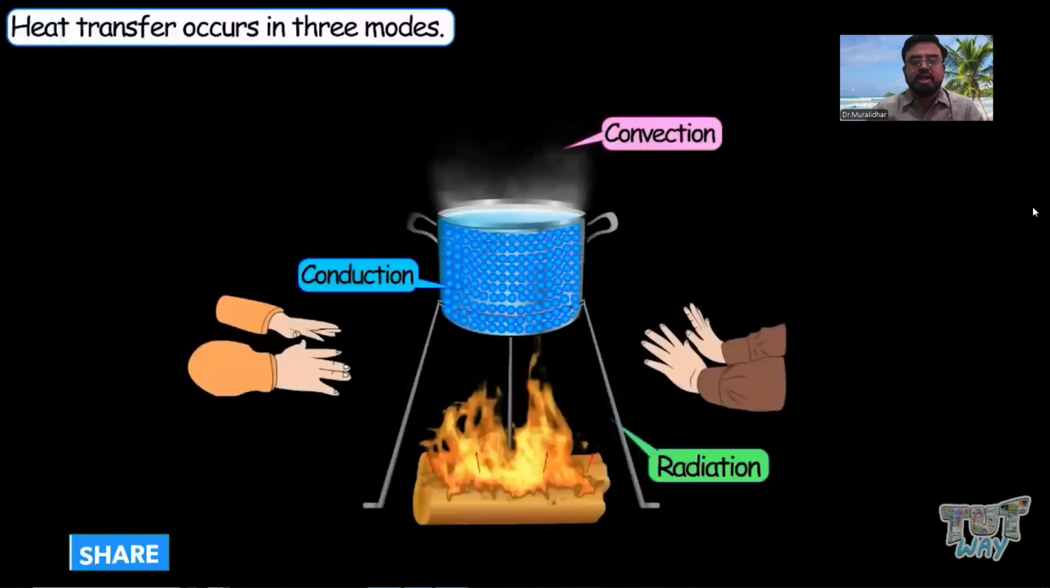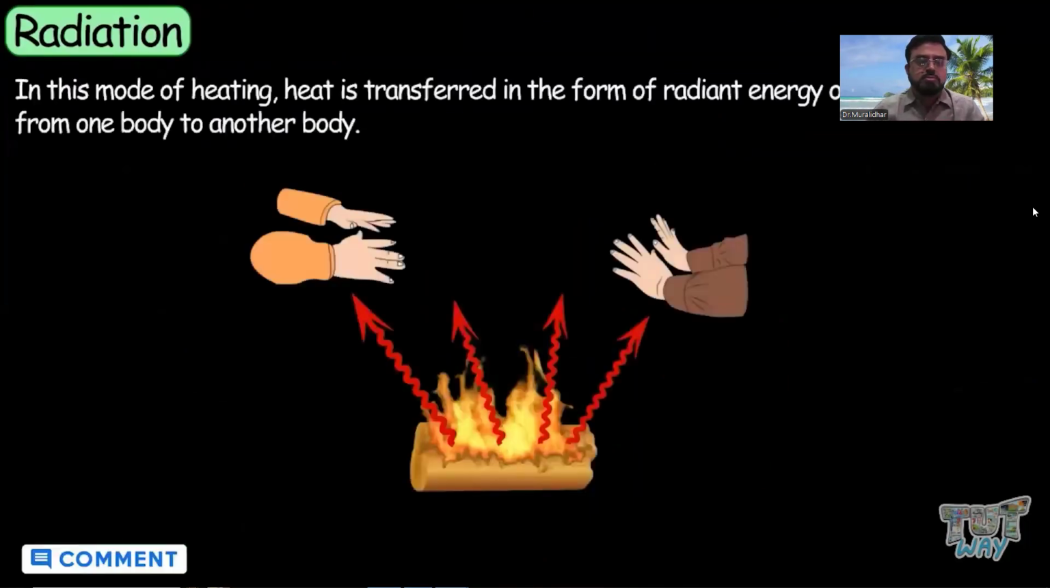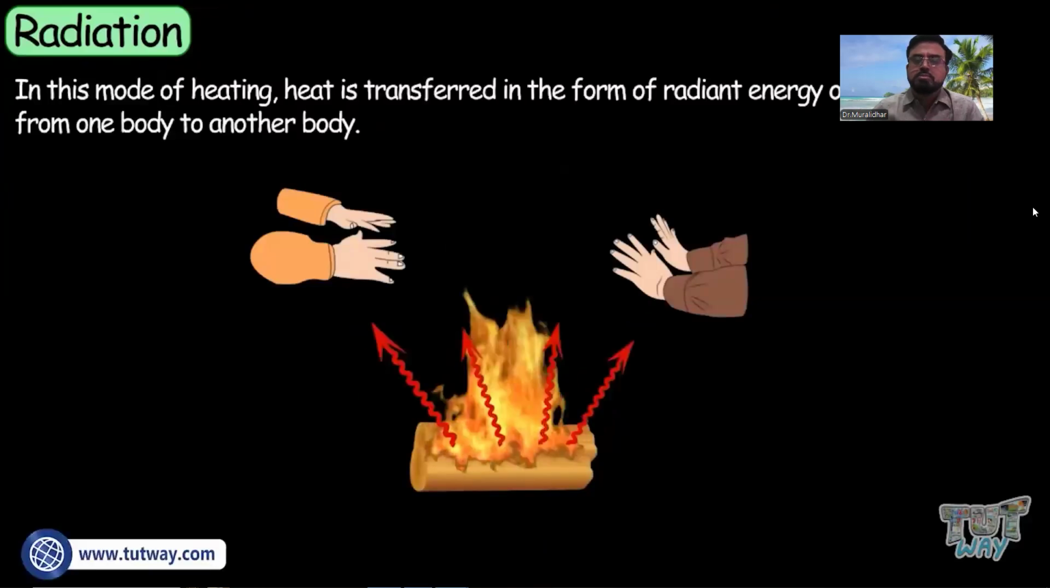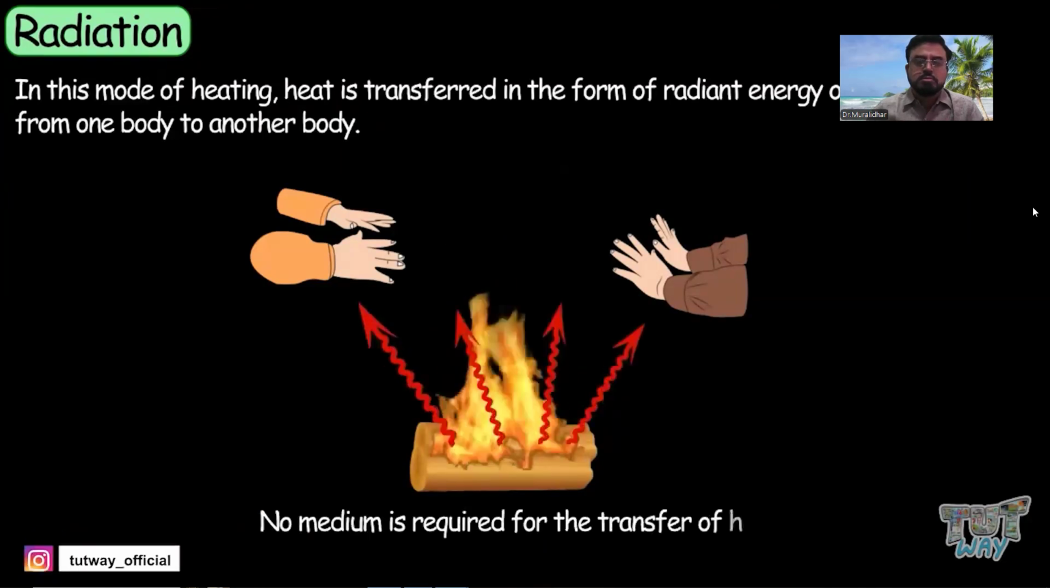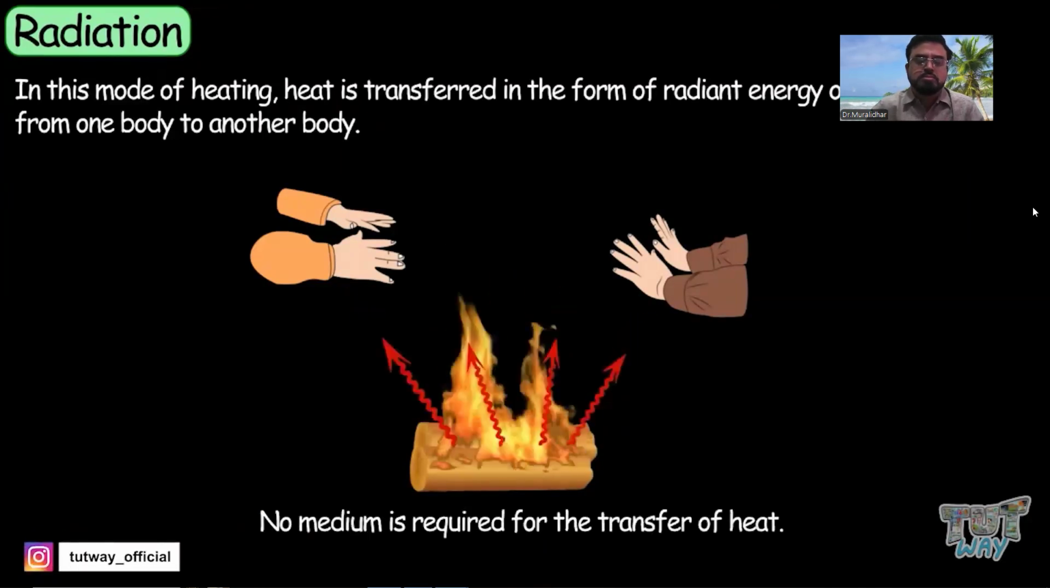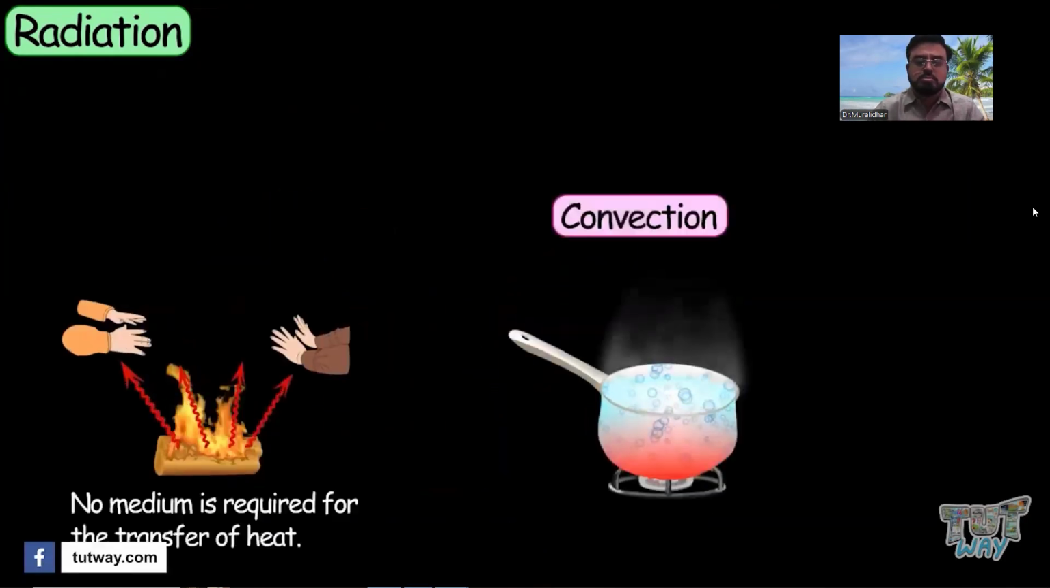which is called radiation. In this mode of heating, heat is transferred in the form of radiant energy, or wave motion, from one body to another body, and no medium is required for this mode of heating, or heat is transferred through a transparent medium. The property of radiation is different from convection and conduction,